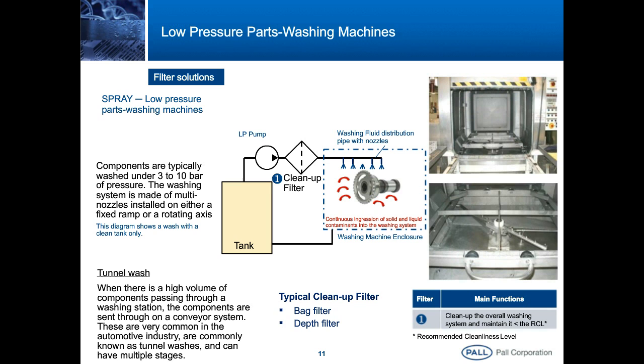Since the system is submitted to a continuous ingression of contaminants, could be solid particles, fibers, traces of coolant, etc., the wash fluid must be continuously filtered to ensure that its cleanness level is fully under control. That means lower or equal to the recommended cleanness level. On such washing systems, bag filters or depth filters are usually located downstream the pump to protect the nozzles against